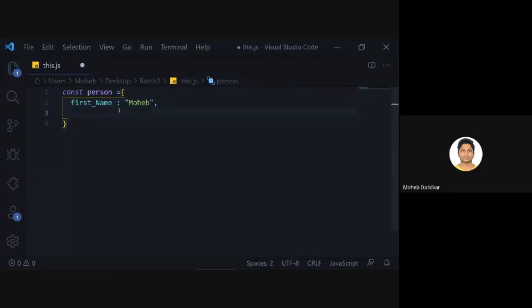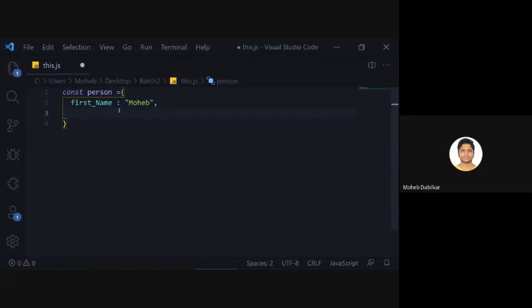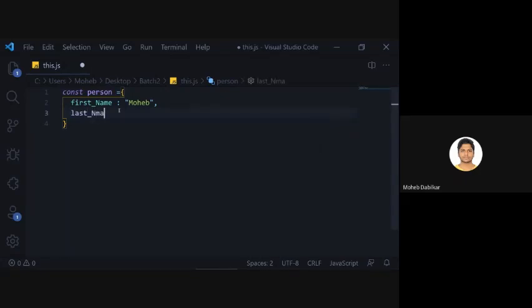And then you have another thing, last name, and we will say last name will be Dabilkar.